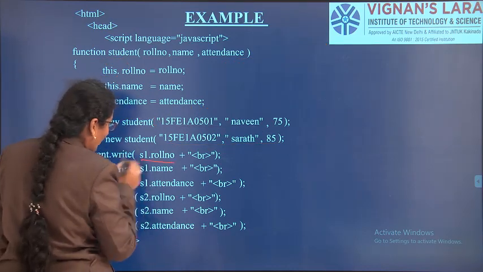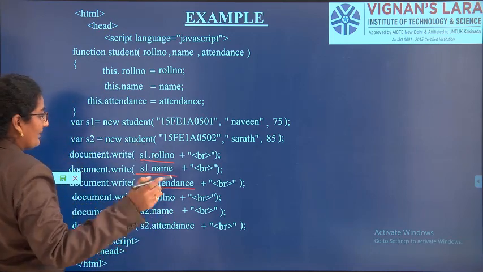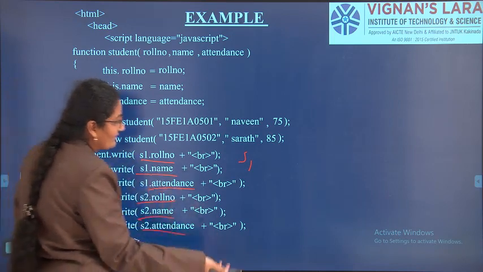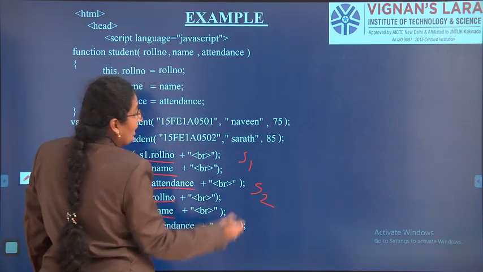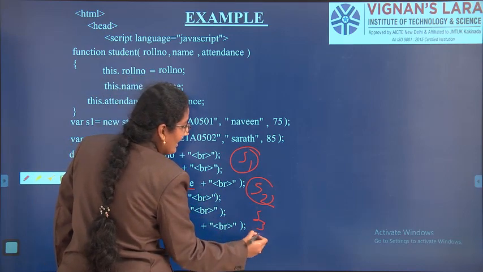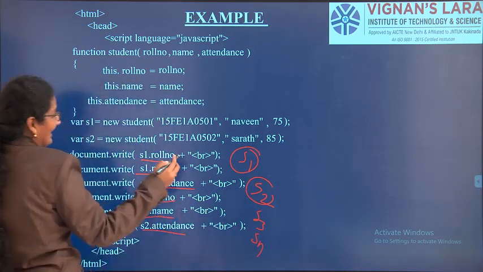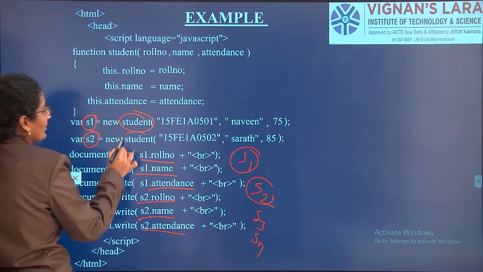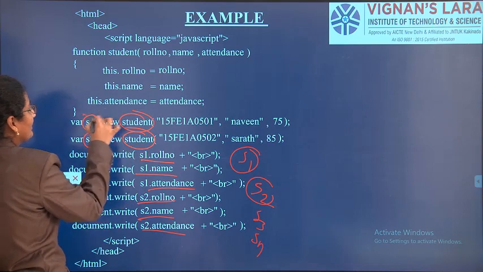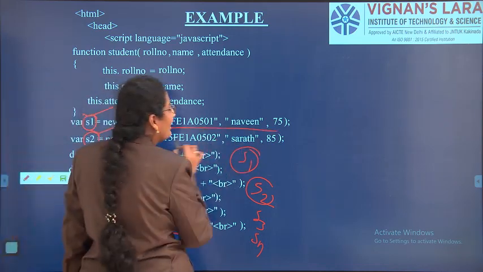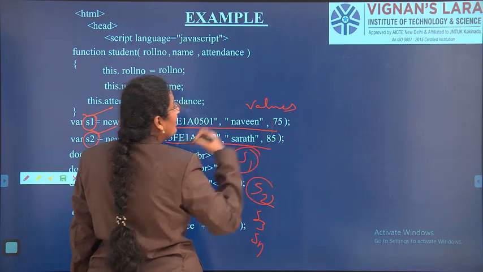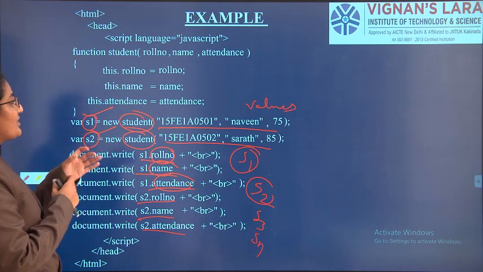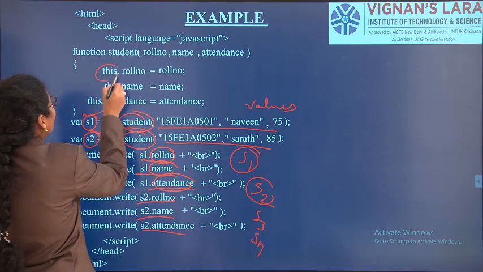See here what I wanted to give. I wanted to give roll number, name and attendance of one particular student, that is S1. Again I wanted to give roll number, name and attendance of another particular student S2. All these S1, S2, S3 and so on, Sn are the students under the object student. So S1 is a variable, S2 is a variable, student is the object. For this particular student with different variable names, I wanted to give different values. These values are nothing but roll number, name and attendance. When this situation arises, then we will use the constructor.